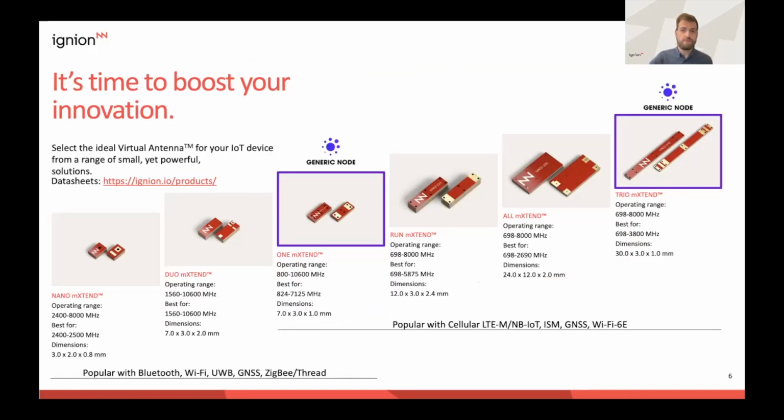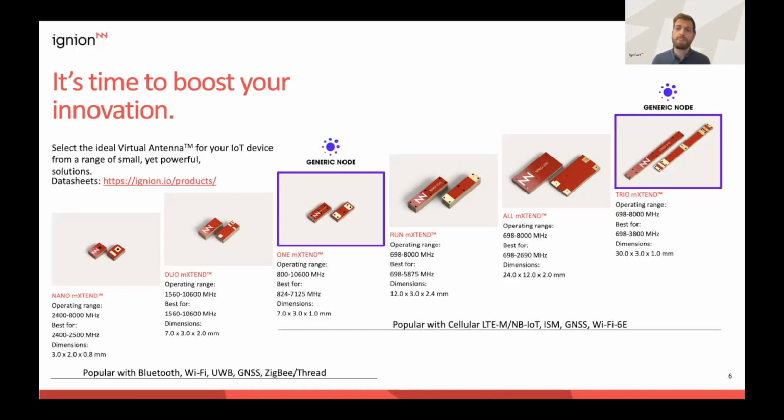So the whole portfolio and the parts that are used in the generic node, you can see here. Any of these 6 devices, any of these 6 virtual antennas, can be leveraged in your next design because they can all be tuned to any frequency depending on your board size. And the ones that are used in the generic nodes are the one here and the trio that are highlighted here. So the virtual antenna 1 is in the generic node sensor edition, and the trio is in the generic